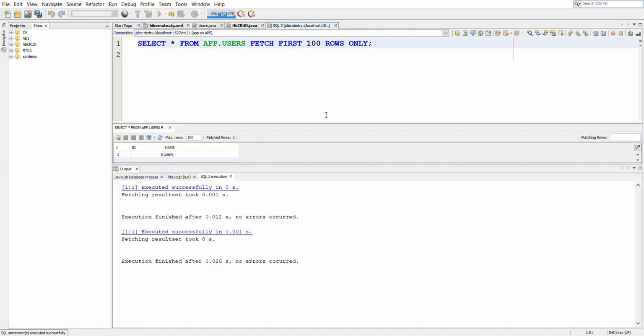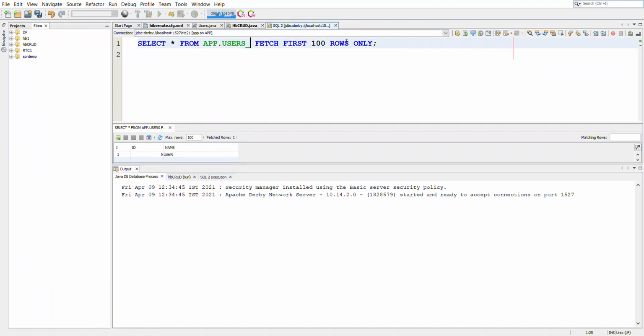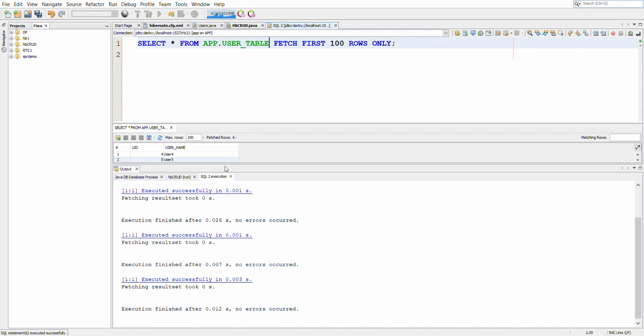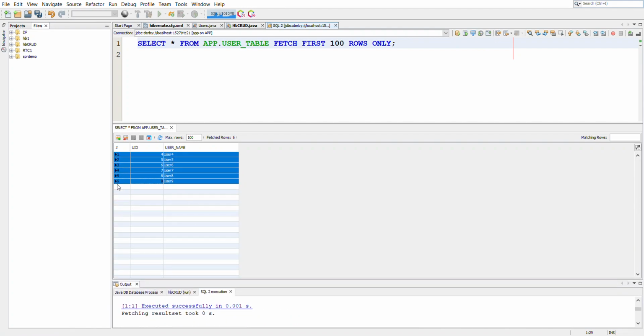So when we fetch the data from user table, this is the data that we have in our table from user ID 4 to user ID 9.